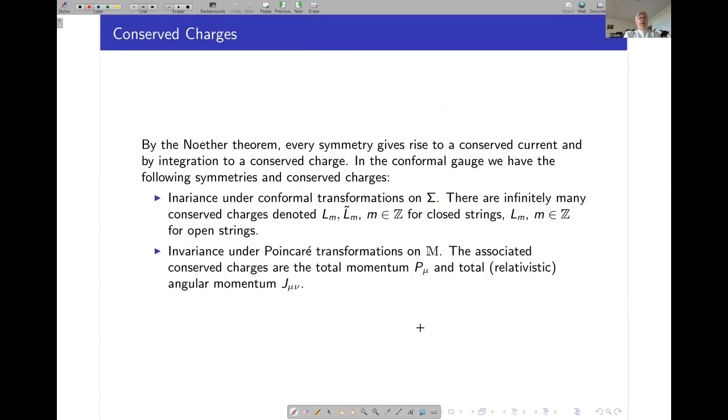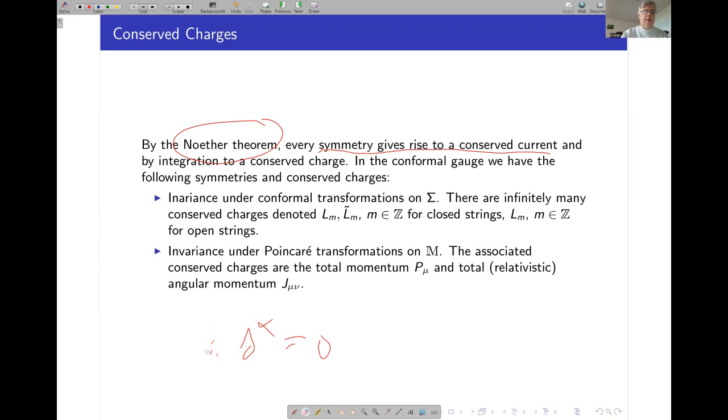Good. Let us then ask, what are the conserved quantities that we have in our theory, or conserved charges? There's a general theorem, the Noether theorem, which states that with every symmetry you have a conserved current. That means that you have a vector field called a current, which has this conservation equation, or actually, if you do it on a curved worldsheet,